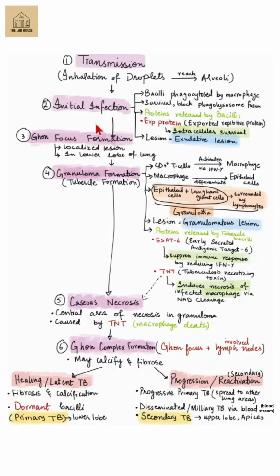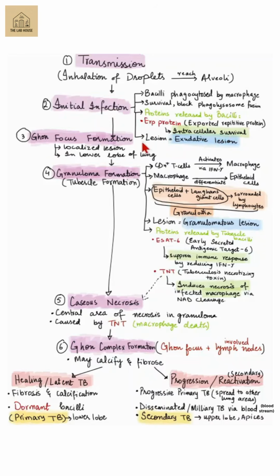The bacilli, when reaching the alveoli, are phagocytosed by the alveolar macrophage. Inside the macrophage, the bacilli are in the form of a phagosome. And the bacilli block the fusion of the phagosome with the lysosome because the lysosomal enzymes will kill the bacilli in the phagosome. So this fusion is inhibited by the ERP protein produced by the bacilli, which causes the bacilli to survive